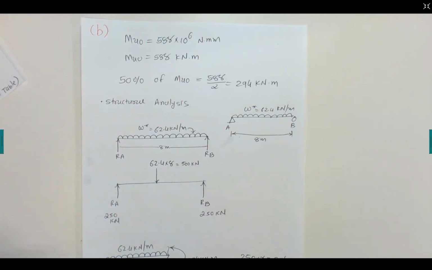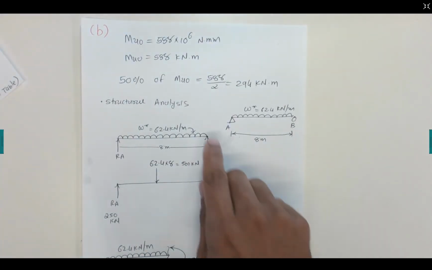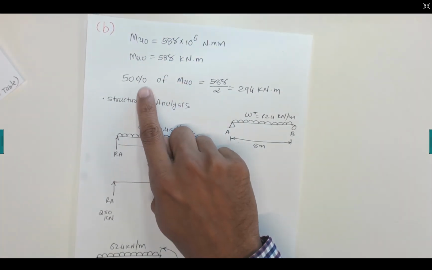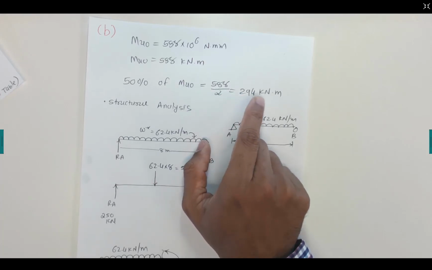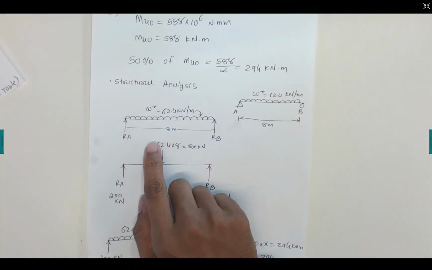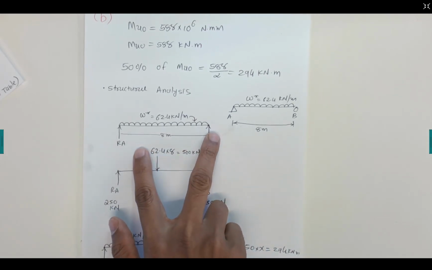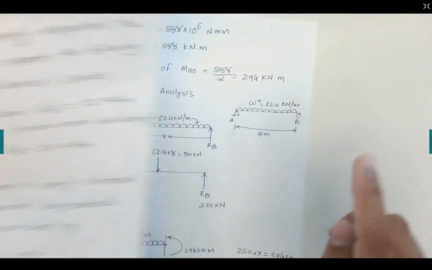I can just show it to you. That MUO value that we calculated is 588 times 10 to the power 6, that is in kilonewton meters, 588 kilonewton meters. Now it says that 50% of MUO, so we just need to halve it, that gives 294 kilonewton meters. Now we do some structural analysis, like it has an 8 meter span given in the questions,